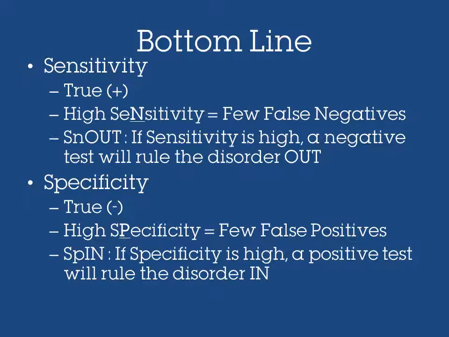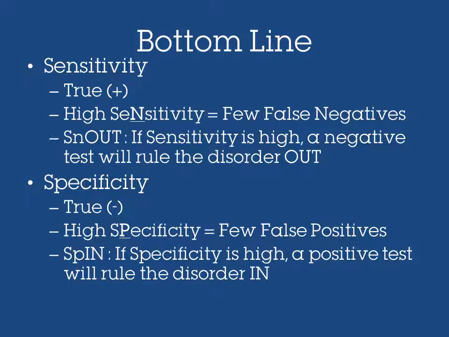So for a test, ideally, we want a test that has high specificity and high sensitivity. That way, if we want to rule it out, our sensitivity will be high, and if we want to rule a certain pathology in, we want our specificity to be high. In reality, it doesn't quite work like that. There are very few tests. I mean, there are some tests that have